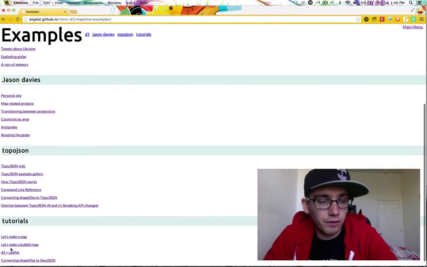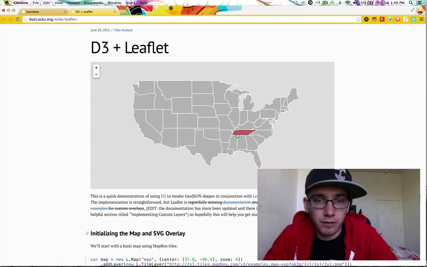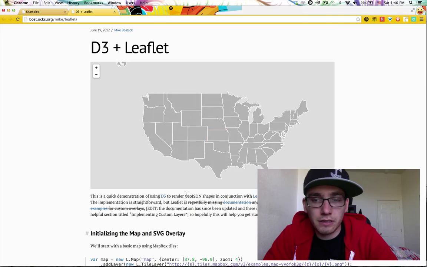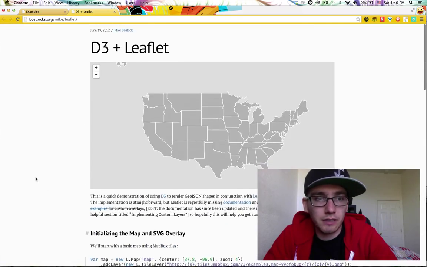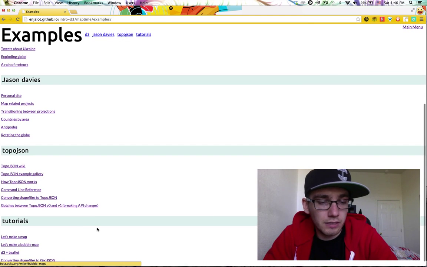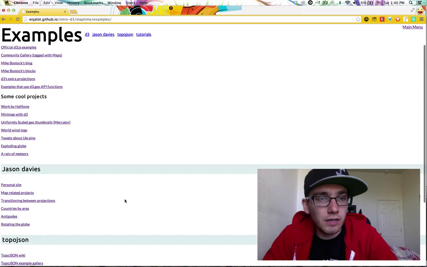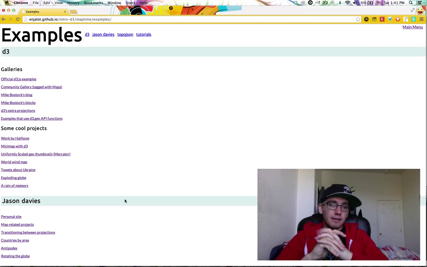Also on Stack Overflow. Also, here's a tutorial on putting D3 on top of Leaflet, which is really convenient because Leaflet's a great library for showing tile data. And I'll show you how to do that in the second video. I'll take you through some examples of that. So yeah, these are the examples. I recommend perusing them. Really, if you see something you like, use that to